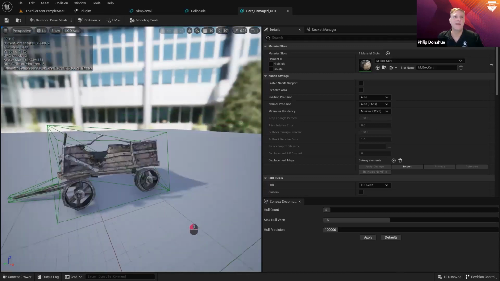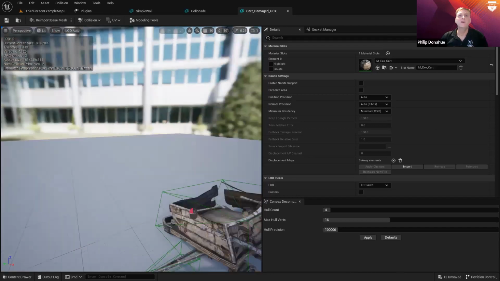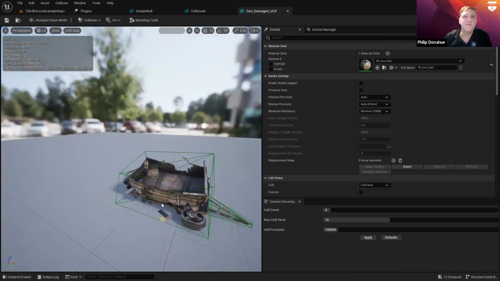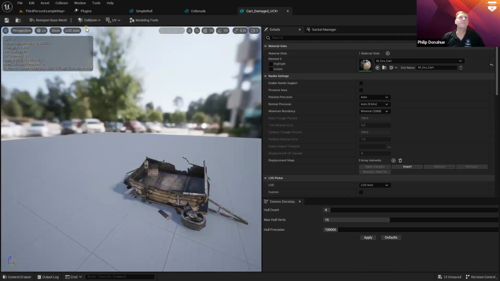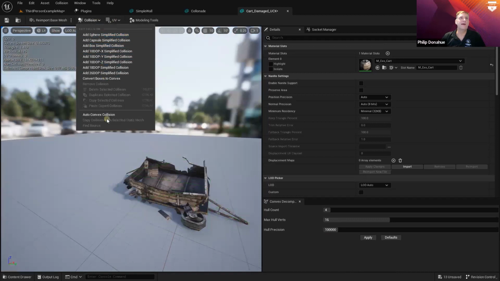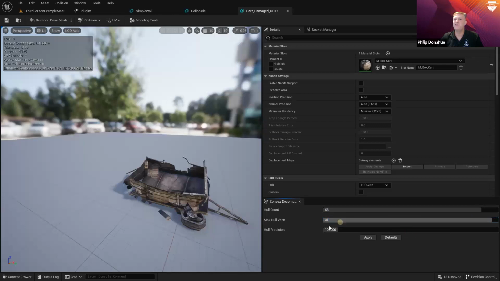So say for instance I'm in a game and I want to shoot through this hole, or say I want to be able to get my character to step into this cart. The way I can do it is I can basically just say collision, remove collision, and then I'm going to go over here and say add auto convex collision. Now this is sort of the ultimate collision here. The more I crank this up, the better the collision is going to be, the more accurate it's going to be to the mesh. So I'm going to go ahead and do that, crank it up,